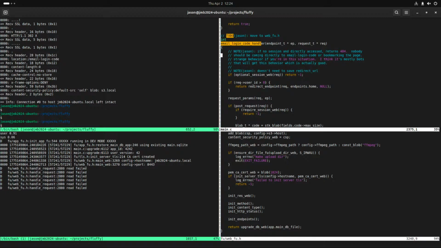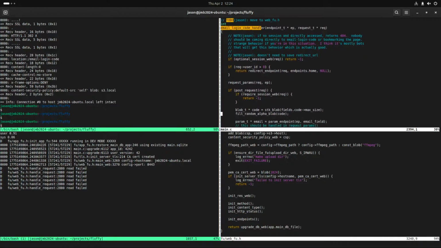Hmm. Yeah, we can just abandon all this shit. So what does this mean? We also need, in the initial